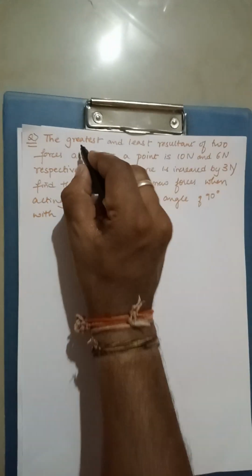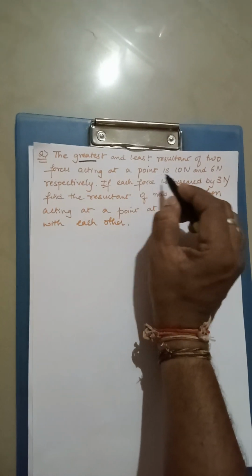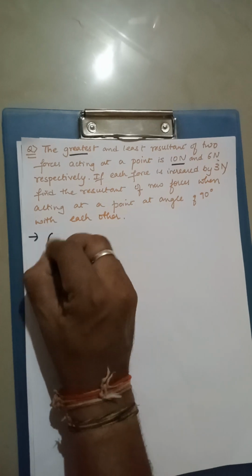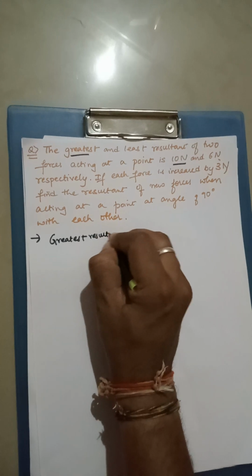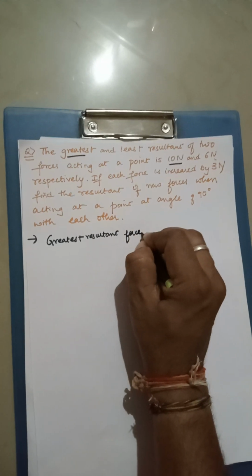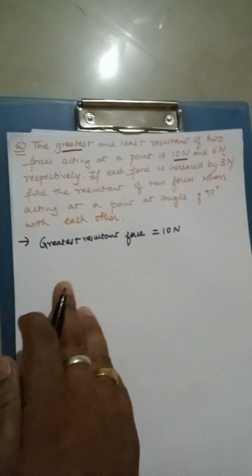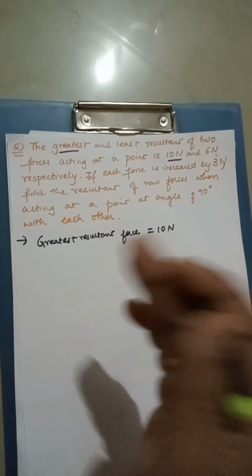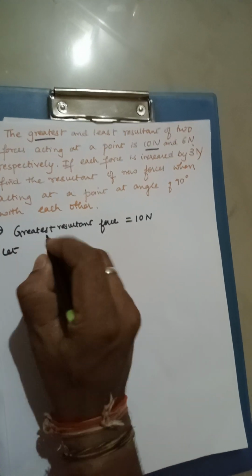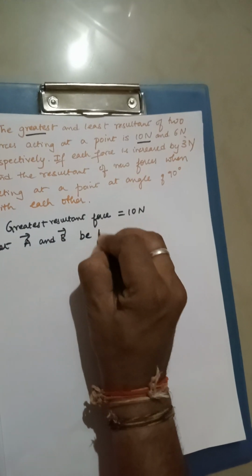As per the question, the greatest and the least resultant of two forces acting at a point is 10 Newton and 6 Newton respectively. So the greatest resultant force is equal to 10 Newton. The resultant force will be greatest when the two forces are in the same direction. So let A and B be the two forces